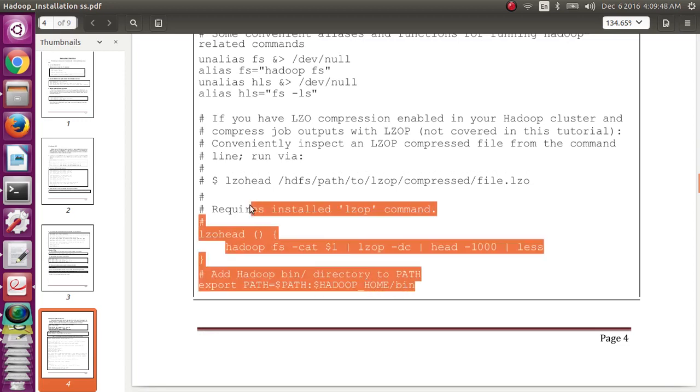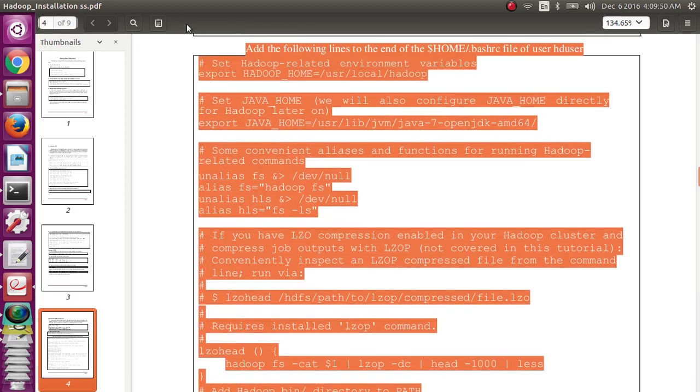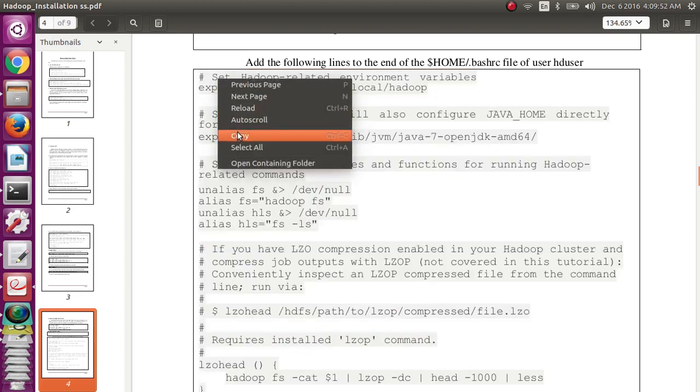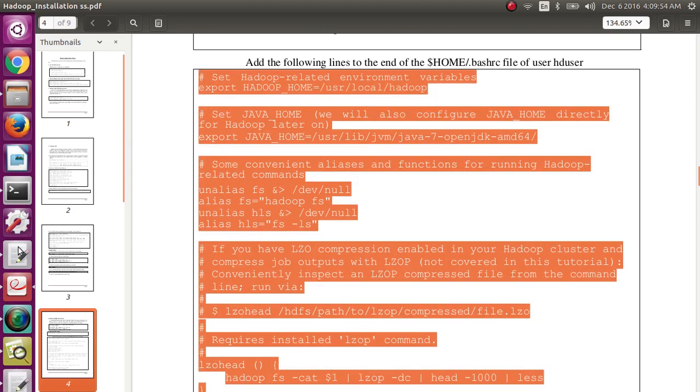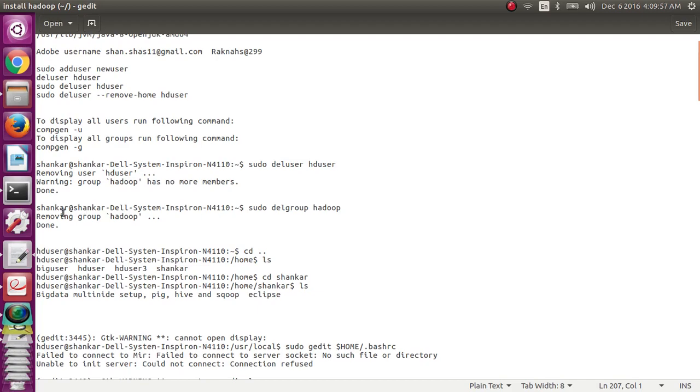just copy and paste it to your Hadoop .bashrc file.